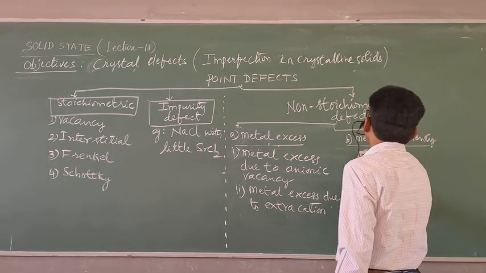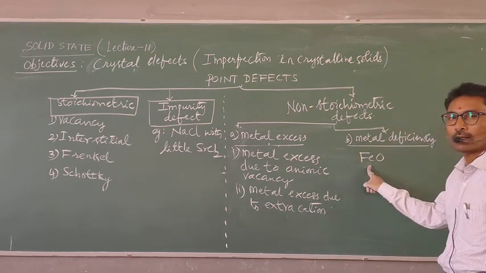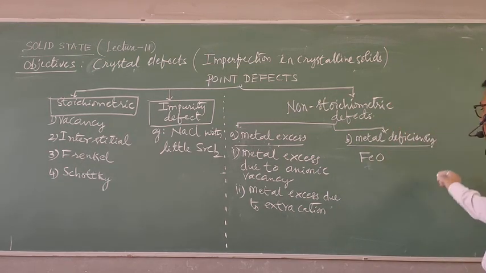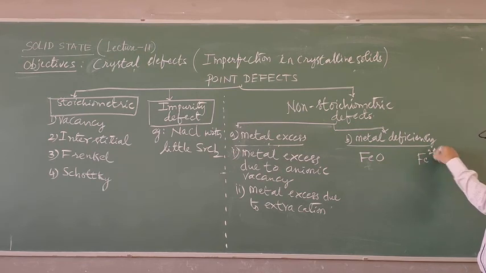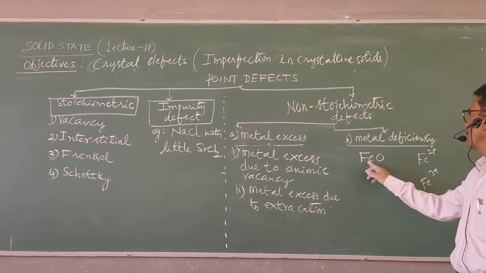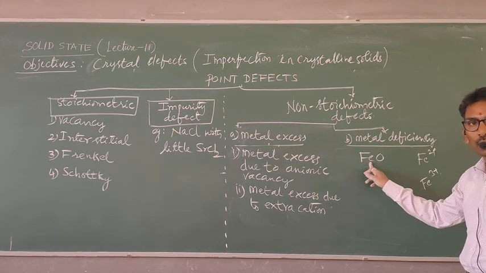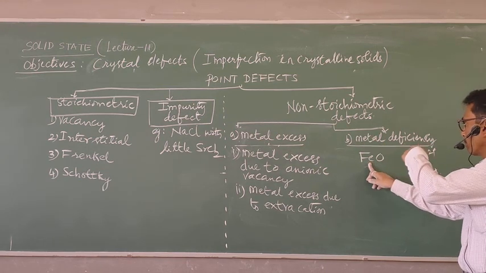For example, FeO is taken. Iron is here in +2 state, but some of the +2 iron ions are replaced by Fe3+ ions, meaning here the metal is exhibiting variable oxidation state,